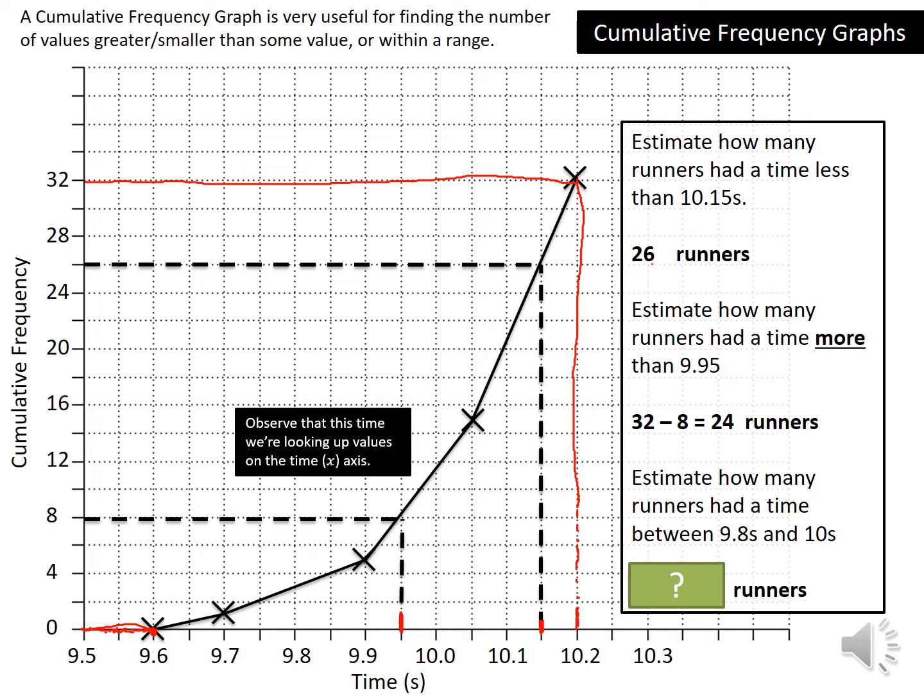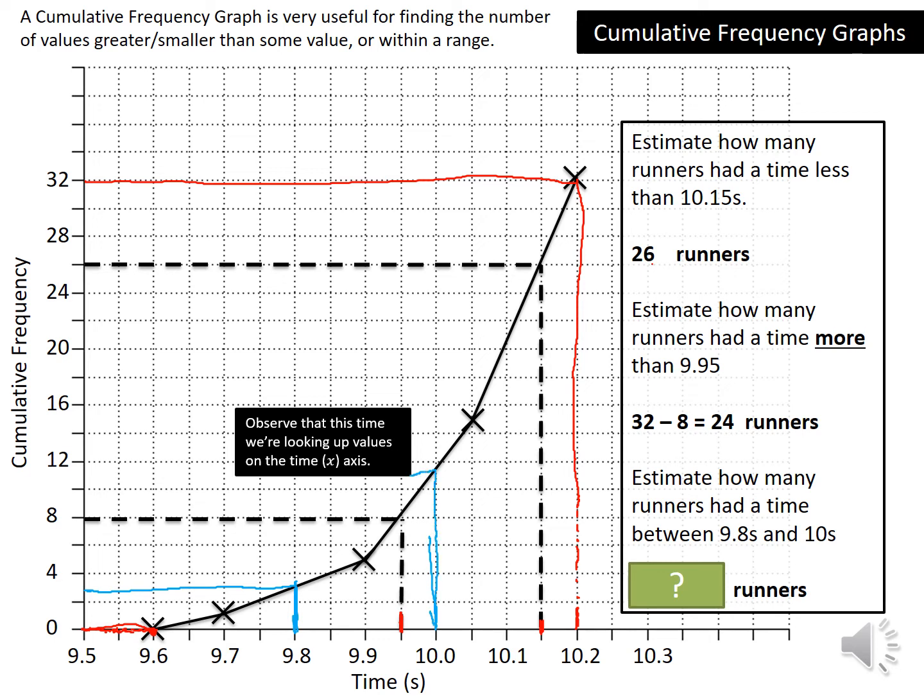And the last thing we need to be able to do with this, I'll use a different colour pen, would be estimating how many runners had a time between two different times. So to do that, we're going to need to do kind of what we just did. So again, between 9.8 and 10. So we're going to need to go up and see how many went more than 9.8. So again, using rulers for this. So it's about 3. And then to 10,